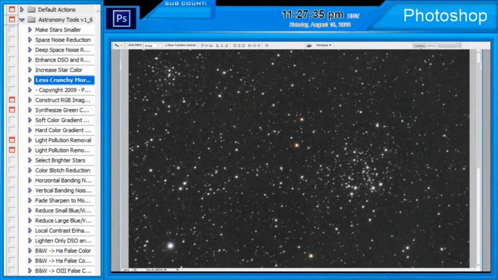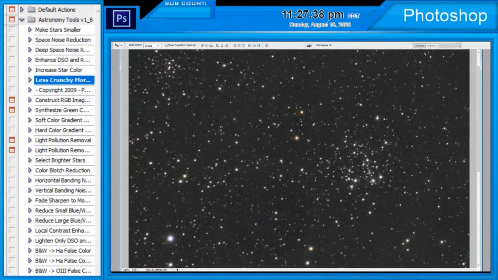There should be some blue ones. Let me check and see which one exactly it is. Let's see here. I think it's a faint one at the 12th magnitude, so